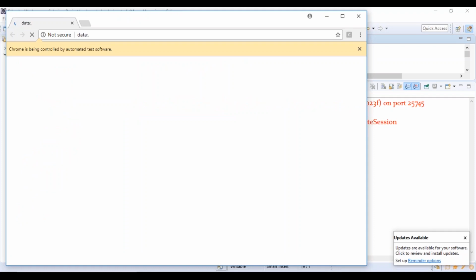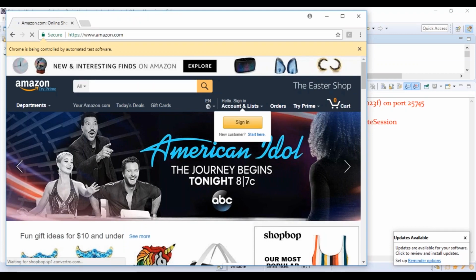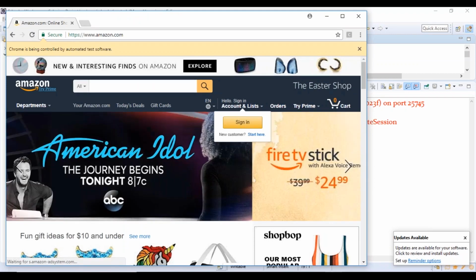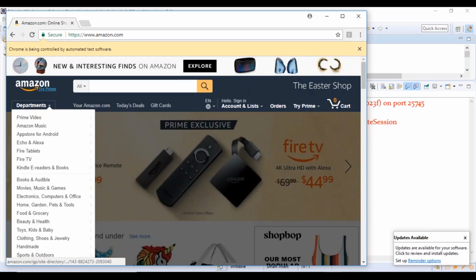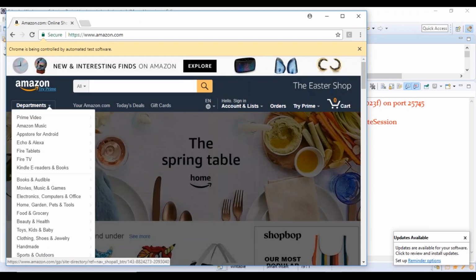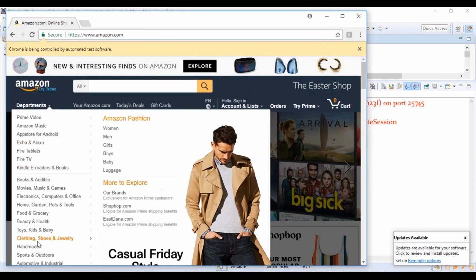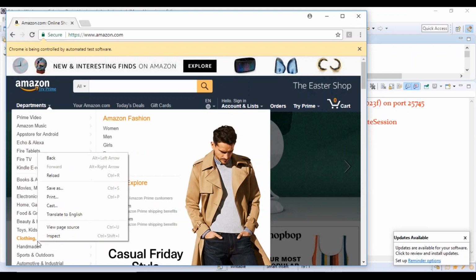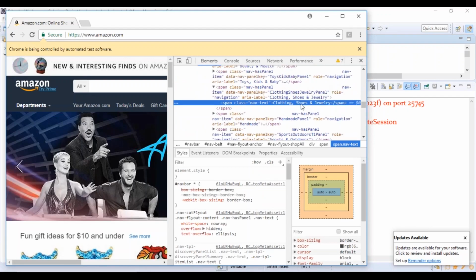So it is navigating through the URL. It is going to mouse over on that, and the drop down would be provided, right? So we'll see whether it is mouse hovering on it or not. Yes, this is done. Okay, now after this I'll have to again mouse over on this, right? So in that case, we have to identify this element as well, and then we are going to mouse over on that also. So how do we identify? Just go there, right click and say inspect, and you would be able to get that.